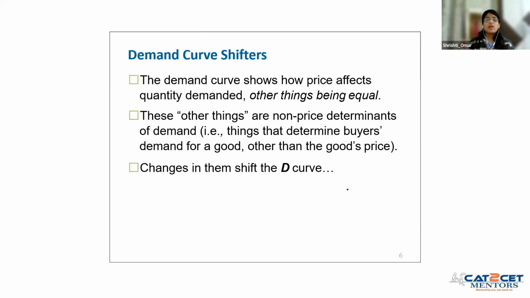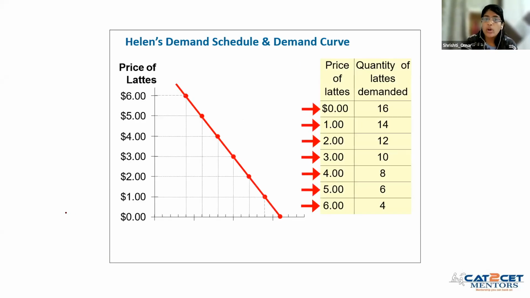So one very important thing that commerce students or economics students can be asked is the difference between shift in demand and movement in demand. There are two things you have to remember. A movement in demand, that is movement along the demand curve that we talked about, happens only through price, all else remaining equal. So this is the movement that we are seeing here.